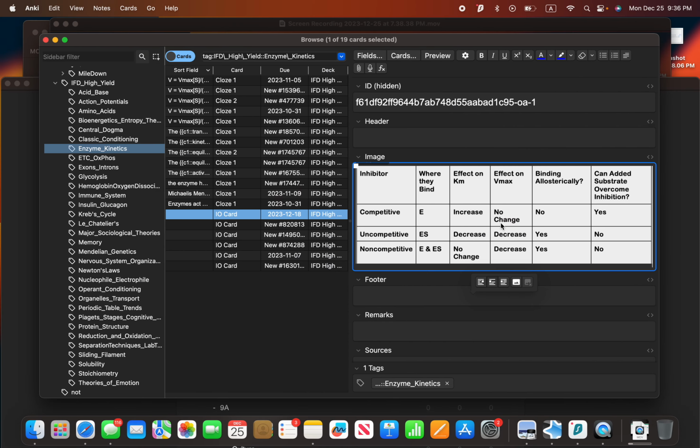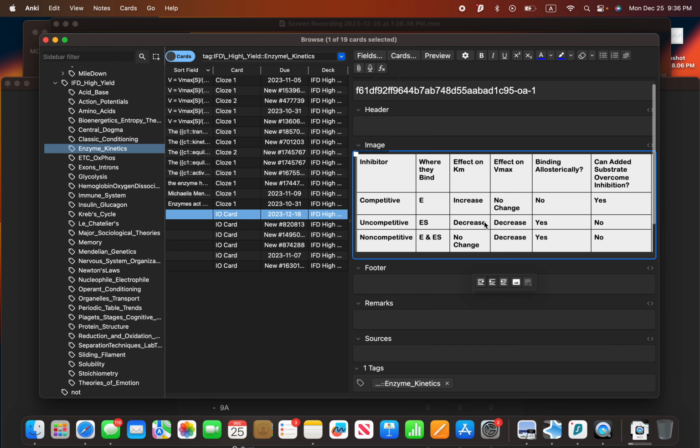Now, we know that both Km and Vmax are reduced in uncompetitive inhibition. Therefore, the binding is also allosteric. And can added substrate overcome inhibition? No, because the substrate is already attached to the enzyme, and then the enzyme substrate complex is affected by the uncompetitive inhibitor. Okay,